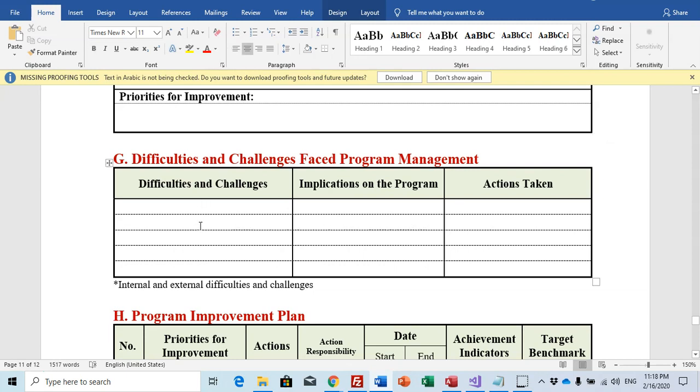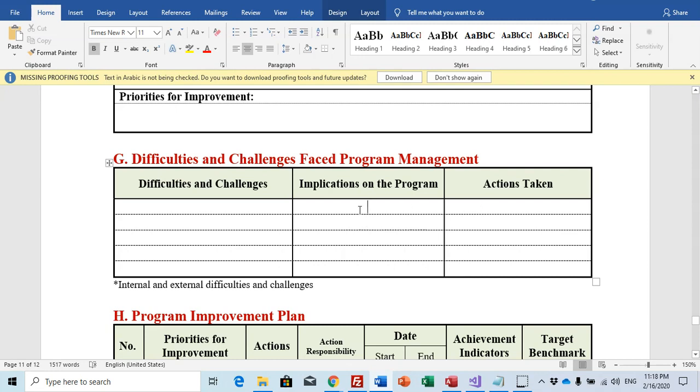For example, this year it is not about only one course, maybe several courses, or maybe a major problem for the whole program. For example, classroom problems, electricity problems, or lab problems can be written here, and if there are implications for the program, they should be written here with the action taken.